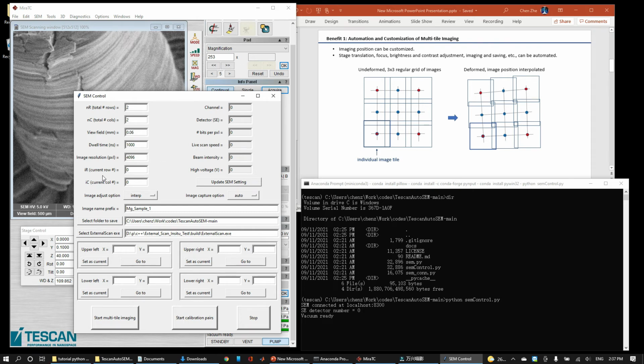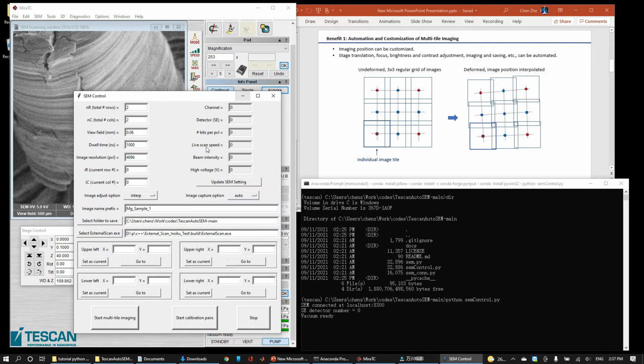ir and ic mean your current position, which means you don't have to start at the upper left corner every time. You can even start in the middle, but the stage translation will always follow this snake pattern automatically. And on the right side, we have some read-only parameters.